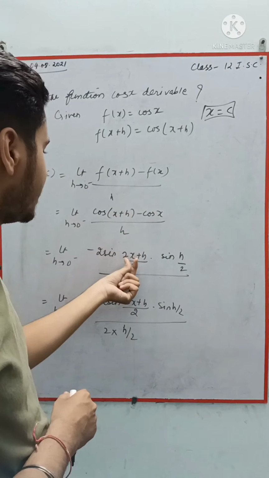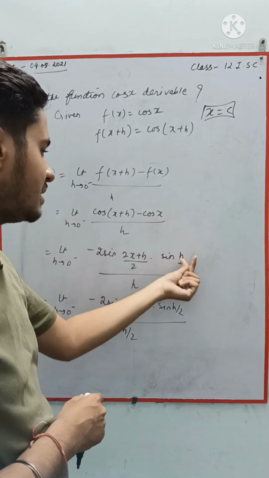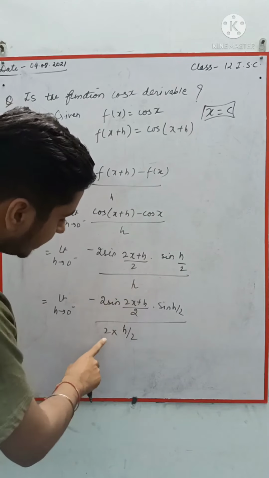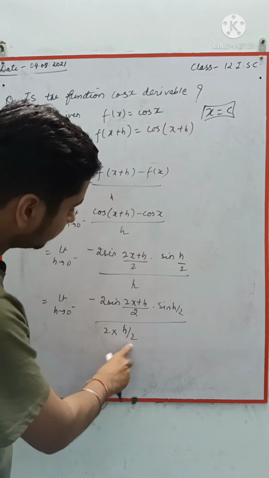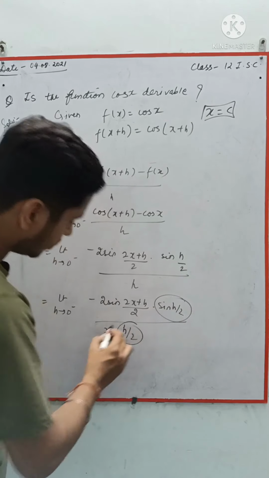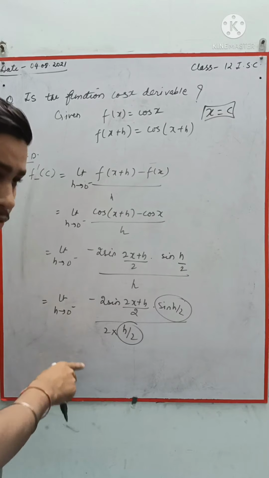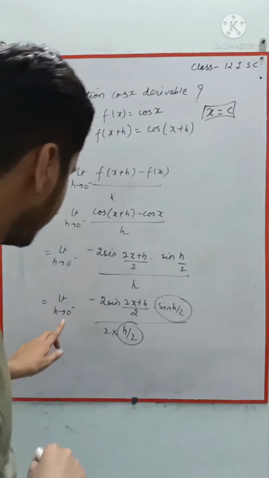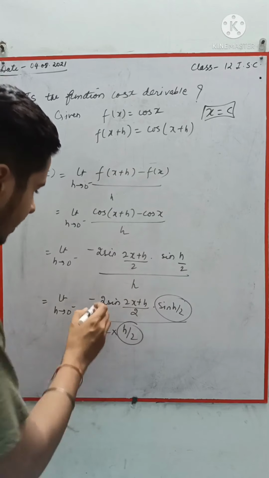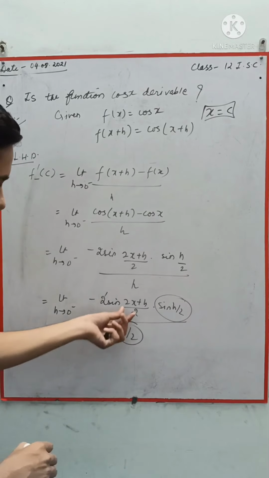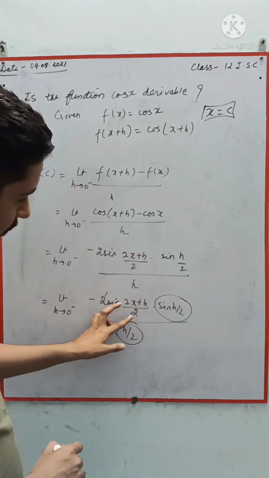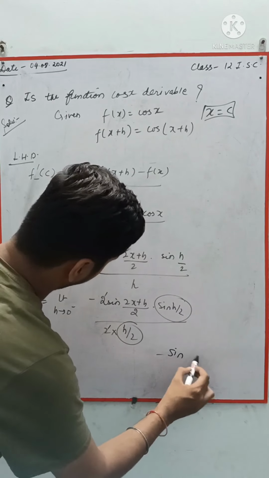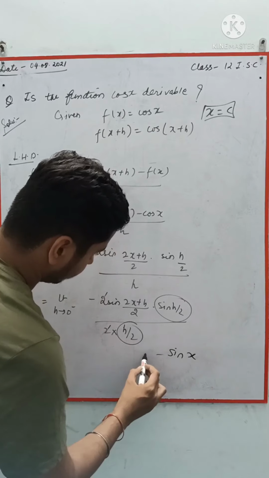Okay, so (c plus d)/2 will give you this, and (c minus d)/2 will give you h/2. In the denominator, I am multiplying and dividing by 2. Why? So that sin(h/2)/(h/2), when the limit h tends to 0 minus or 0, will give you 1 as the answer. And if you put h tends to 0 here, see, this 2 to 2 already cancelled. So this h will be equal to 0, and 2x upon 2, the 2s cancelled. We'll get minus of cos x.